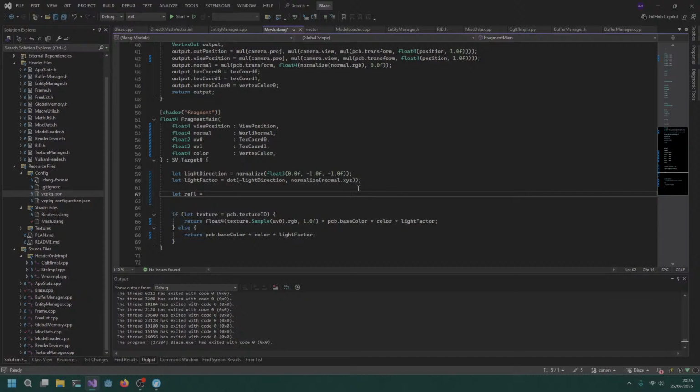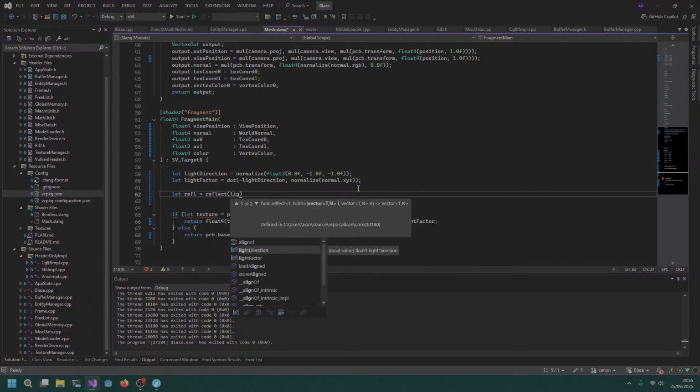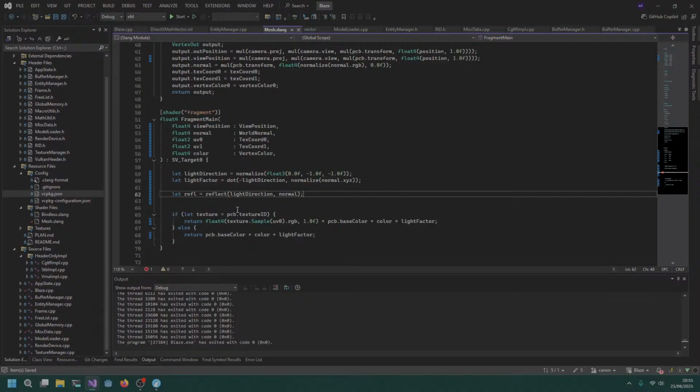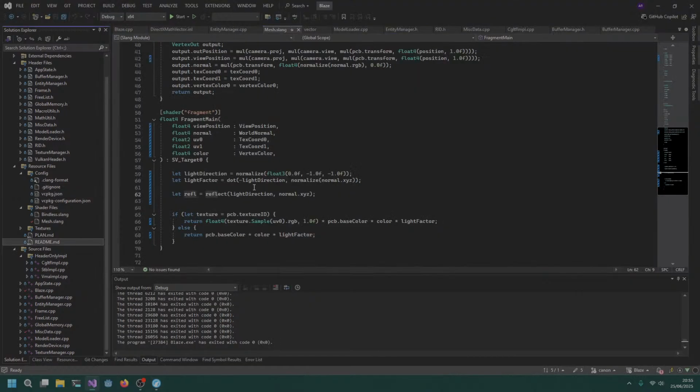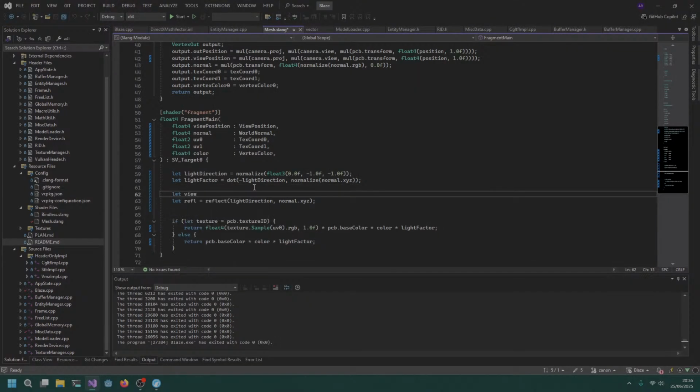I will change this soon, but reflect the light direction across the normal vector, which is world normal. Okay. So this has to be again xyz. So that reflects it. That gives us what we want on the reflection here. It will have to be a dot product, as you can see, with the viewing direction, which is just view pos, but let's make it specific. So view direction equals